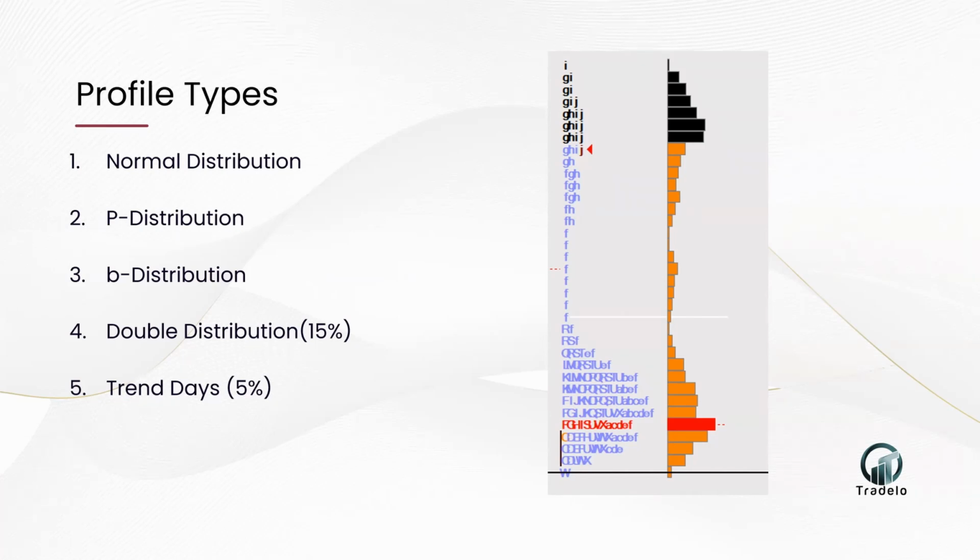We're looking for home runs when the market actually offers them. Okay, so trend days don't occur that often in terms of double distributions. Again, they're not frequently occurring. They do happen a little bit more often than trend days, but typically speaking, double distribution days will occur around